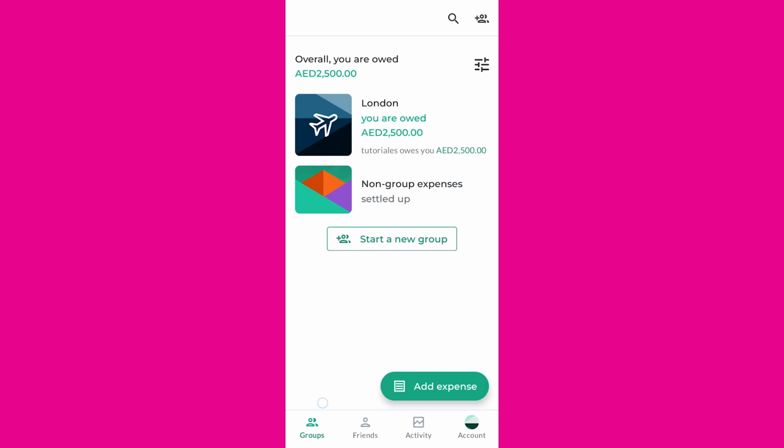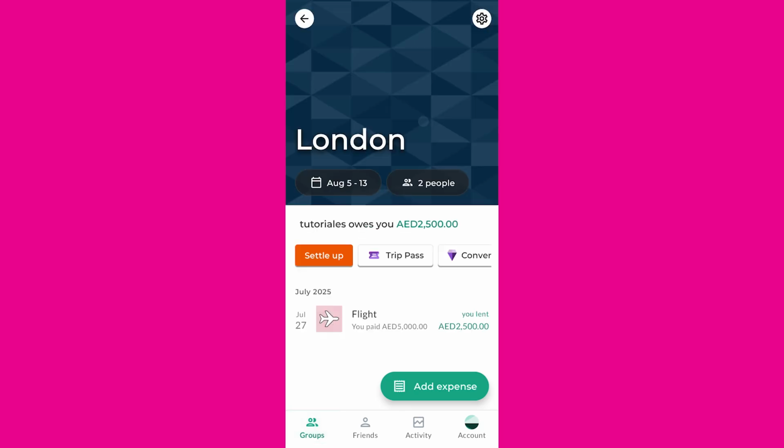So for me, I'll come here at the bottom left, click on groups, and you should see your groups. I'll click on London. Right here, as you can see, we have one expense that's pending, which is flight of 2,500 dirhams. Now to settle up, all you need to do is click on this settle up button,